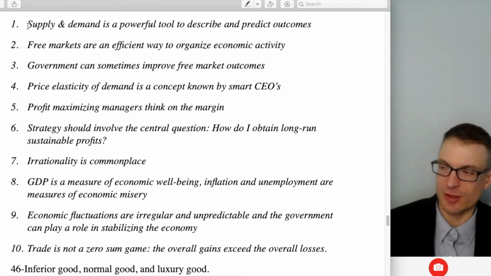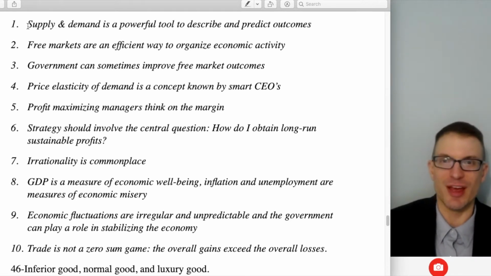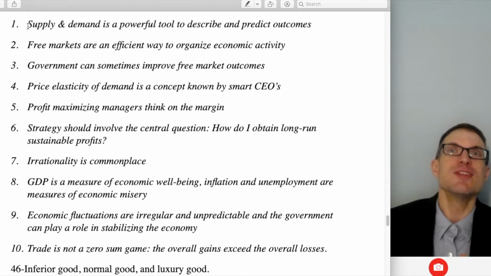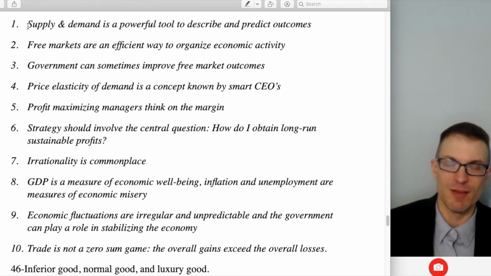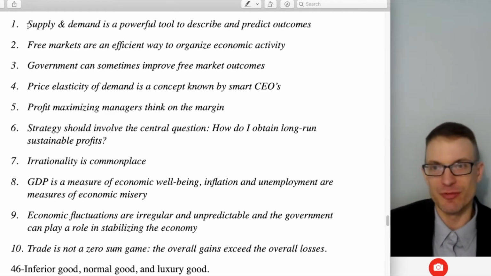I think it's called Supply and Demand Explained or All About Supply and Demand, whatever it is. You can go and find that video, and it explains the background of the supply and demand model, which I think is really useful. From the supply standpoint, if you increase the supply of the item, now you've got relative abundance. And if things are plentiful, we expect the price to fall, other things equal.